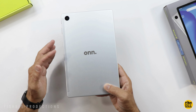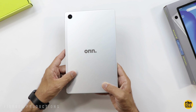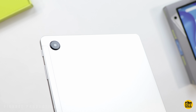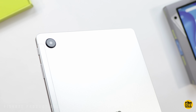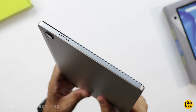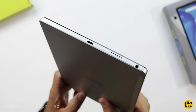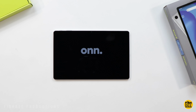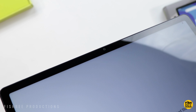Okay, definitely feels a little more premium than what you normally would see from the Walmart brand tablets. Pretty similar design to the Galaxy Tab A8, especially with the round camera up in the corner. You can see you've got one speaker on each side, headphone jack and charging port there on the bottom or right hand side, depending on how you hold the tablet. As you can see, fairly thin bezels all the way around, and then the front facing camera is right there